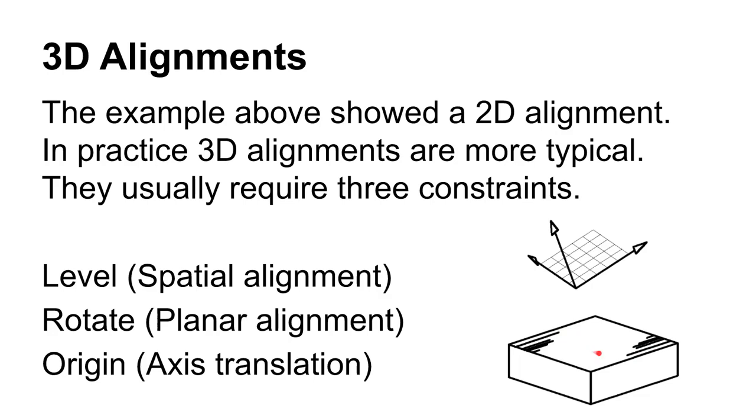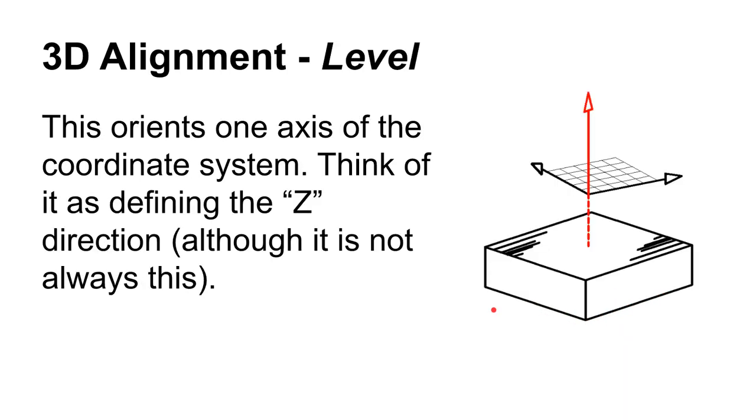But what you do is probe it enough so that the CMM will best fit a plane to this surface. It will create the true geometric counterpart to this surface that only approximates a plane. And once you've done that, we can level this plane to the plane that's created from the geometry. All right, so first we level it and it will snap into place like this. Now what can happen is this thing can translate up and down and it can twist, but it can't tip. All right, so it's locked into this vector now.